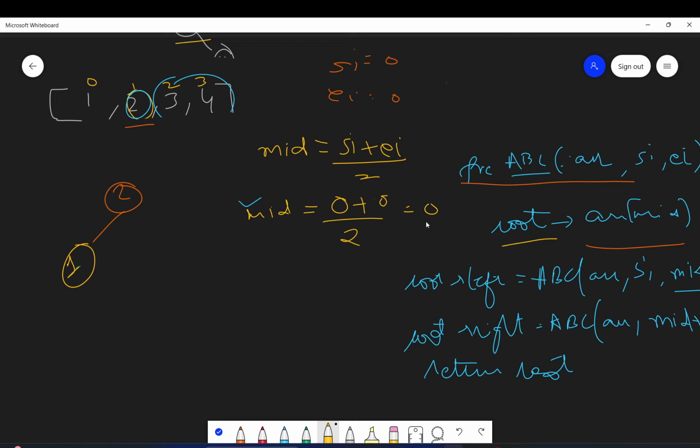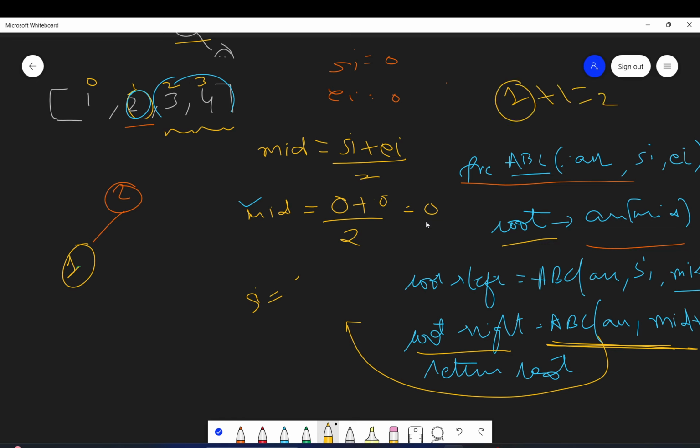Okay. Similarly, for this root's right, we will call this recursively. So this recursive call will be something like starting index as mid plus 1. Mid was, if you remember here, 1, right? So 1 plus 1, which is 2. So this is 2. Ending index was 3.